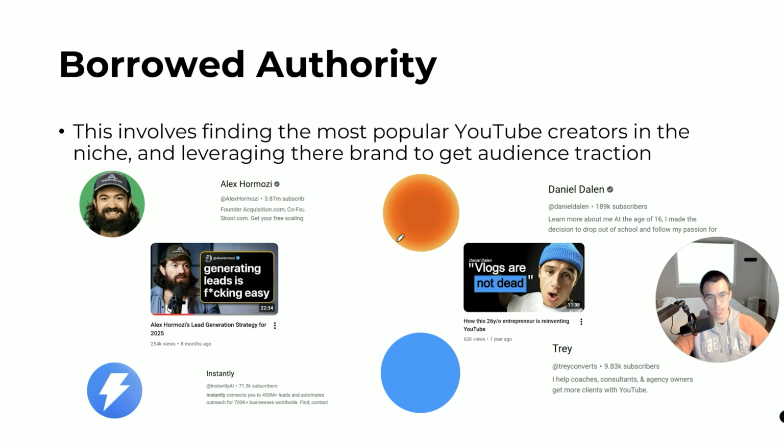Then over here, you've got the same thing with Trey. He is leveraging Daniel Dalen's brand because you can see how big Daniel Dalen is. He's one of the people that brought vlogging back to YouTube for entrepreneurship. And what Trey did is analyze his whole strategy and personality. Because Daniel Dalen is such a common name, he used that in his thumbnail, saying how this 26-year-old entrepreneur is reinventing YouTube. So you can see if you leverage big names the right way, you can get good results. Because what you're doing is picking their audience